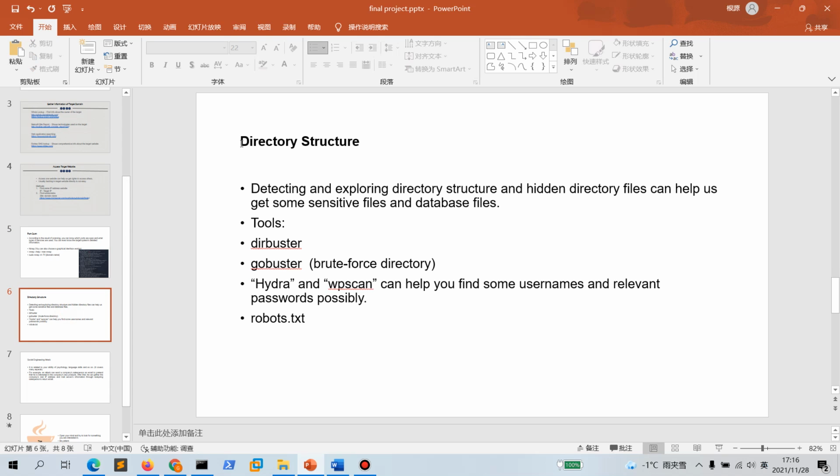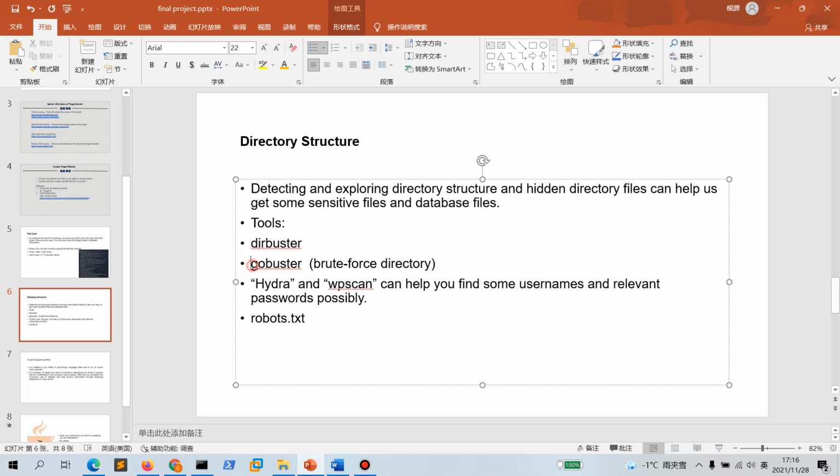The next section is about directory structure. Detecting and exploring the directory structure and hidden directory files can help us get some sensitive files and database files. So you can use GoBuster, Hydra, and WPScan. These are three Kali Linux tools. Sometimes you can use these tools to find some usernames and relevant passwords possibly. And you can also use